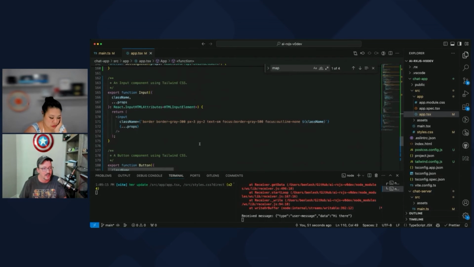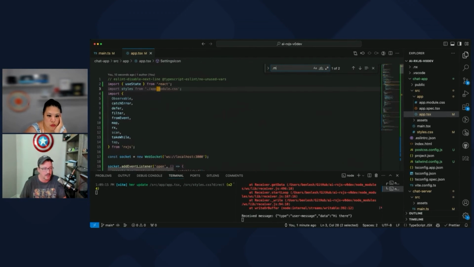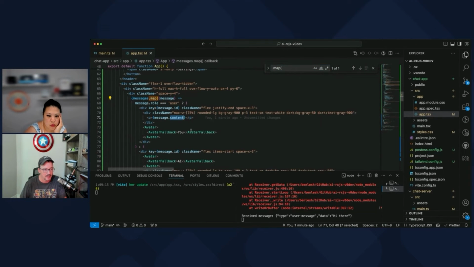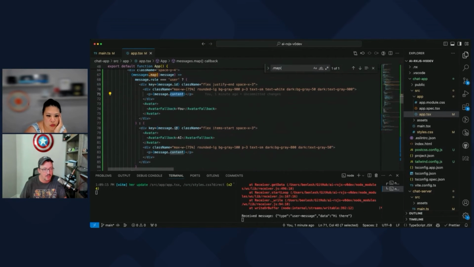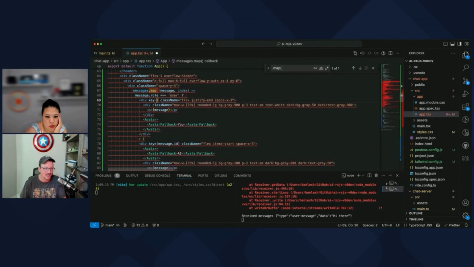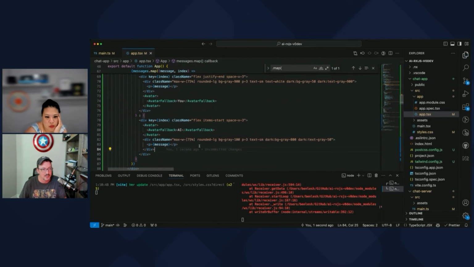It's because down here, our for loop, our map, rather, our message map thinks that this message has a content, and really it's all just strings right now. There's no message ID, nothing. So we probably should send message IDs, but for now, I'm just going to fudge it. This isn't the nicest way to do this, but we'll use indexes for keys, despite the fact it's kind of hacky. And I will update the code later if we can get the sucker to work.